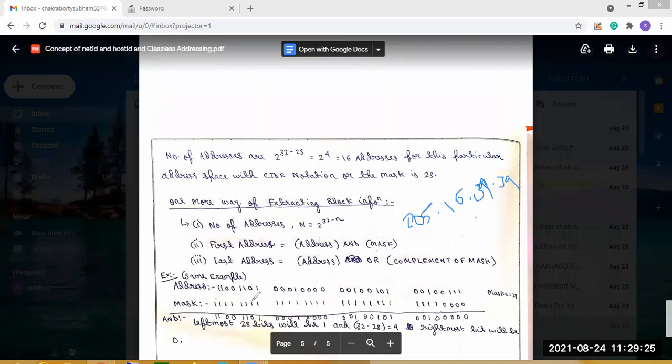Now, if we convert this into binary form, the address will look like this. Now, for finding the first address, what we have to do? We have to perform the AND operation with the mask. Now the mask is 28. Now the mask is